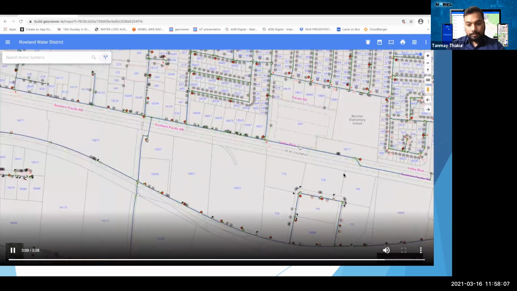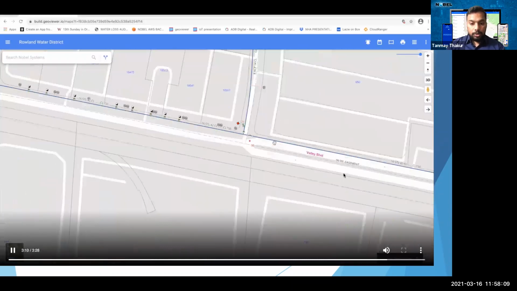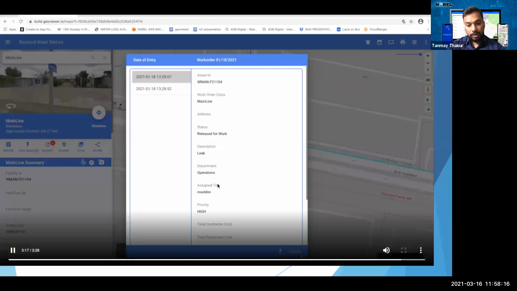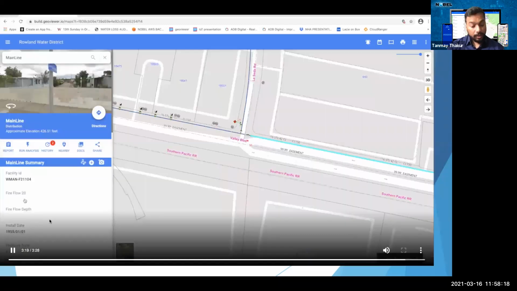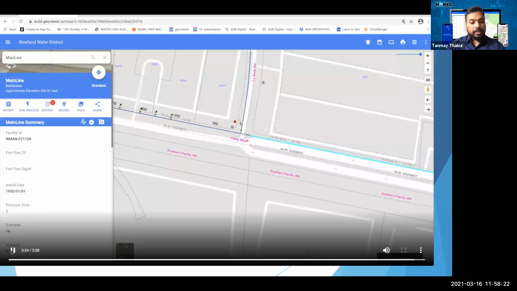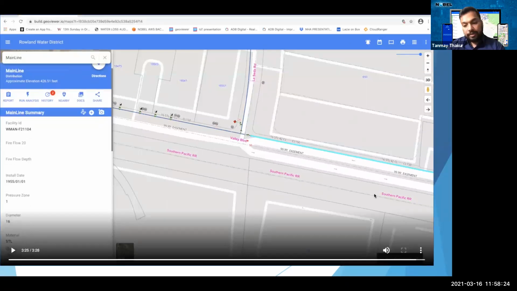So I've clicked on a pipeline. It's a pretty old pipeline, from 1955. It has a history of 2 leaks in a short span of time. It's a steel pipeline. We verified this with the water district, and they are planning to replace this pipeline in the next water pipeline replacement program.